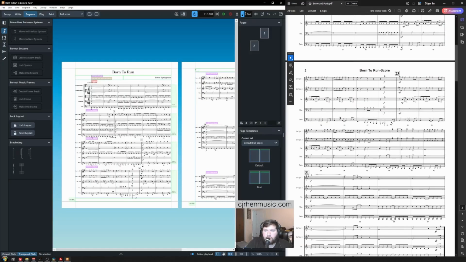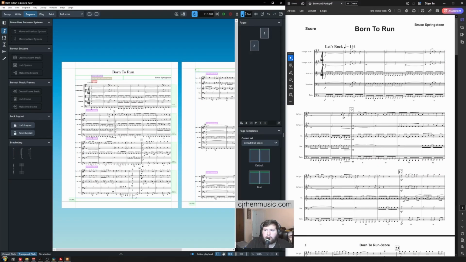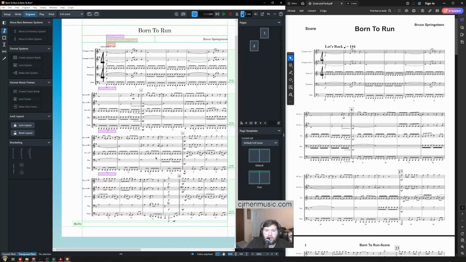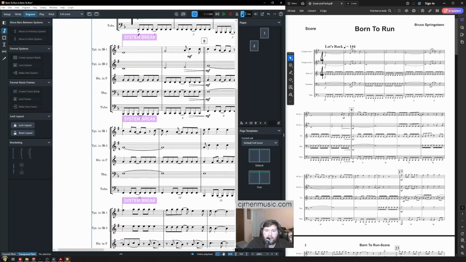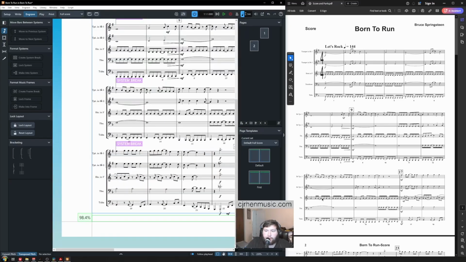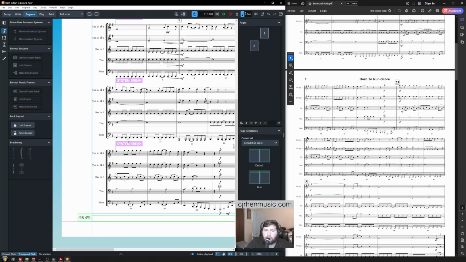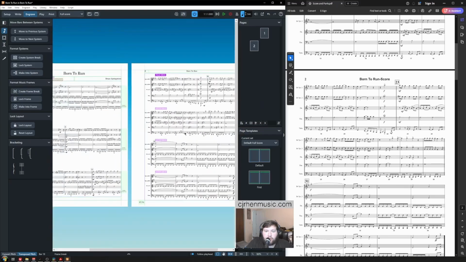The one big discrepancy you are noticing now is there's only 3 systems on the exported Finale page, where there are 4 on our Dorico page right now. To change that, just find where we need there to be a new page, which occurs at bar 19 on our exported Finale score. Select the first note of that, and instead of using format systems, we're going to do a format music frames. Music frames are referring to pages. So go ahead and select create frame break while that note is selected,